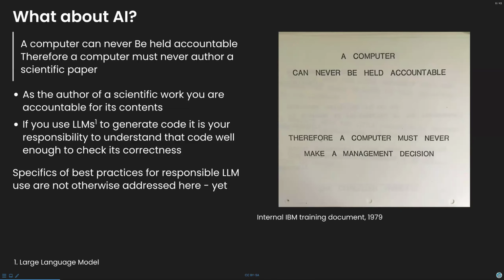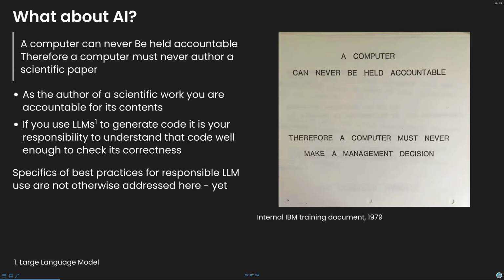And I think the same thing applies in the context of authoring scientific work, because one of the functions of authorship in research is accountability. So a computer cannot be held accountable for the contents of a scientific paper,